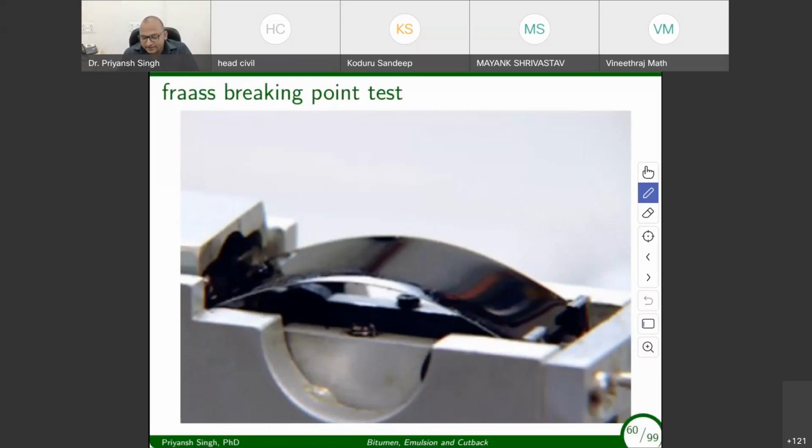The next test to characterize the low temperature cracking of the asphalt binder is the Fraass breaking point. Here a metal sheet is taken. On that metal sheet, a film of asphalt binder of even thickness is carefully created, and then that sheet will be fitted in this Fraass equipment. Now at lower temperatures, we will start flexing these edges, we will start flexing this metal plate. Due to this flexing and lower temperature, the asphalt binder will start cracking. The temperature at which we see the first crack will be taken as the Fraass breaking point.